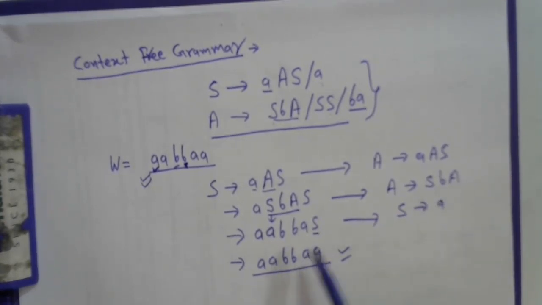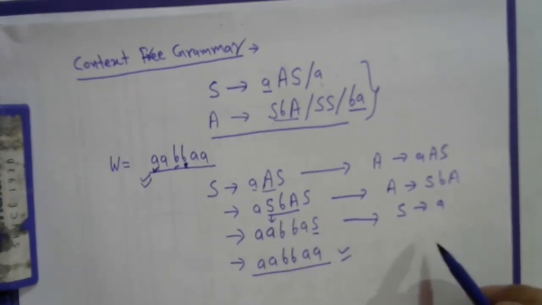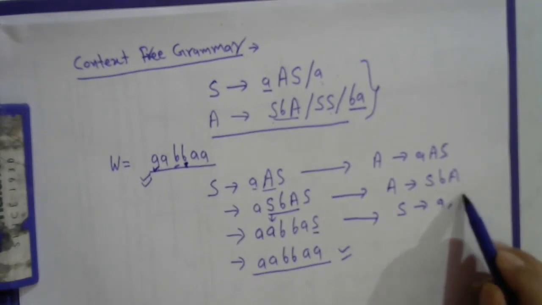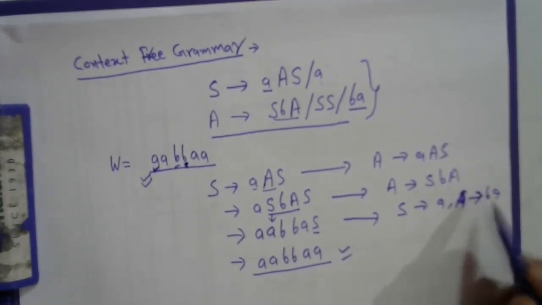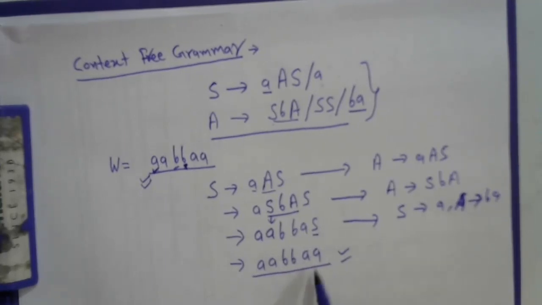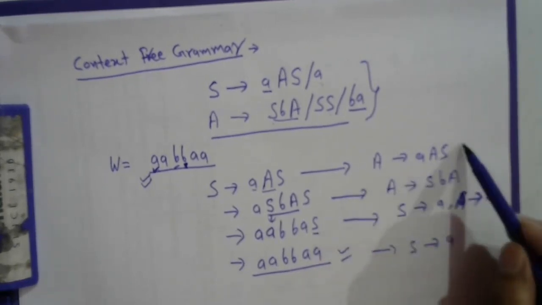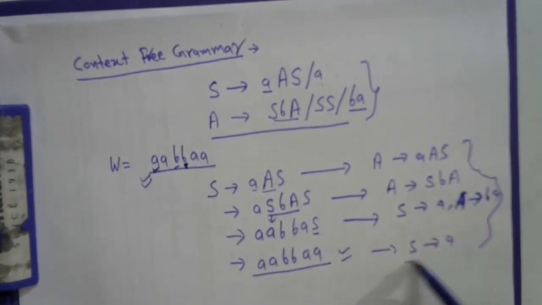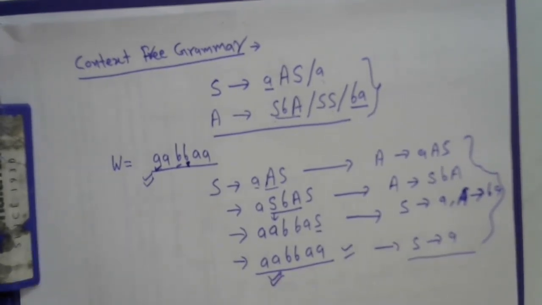And then in the third one, you are just replacing again the second symbol, A tends to BA. We are replacing two variables in this production. And finally, the last is S tends to A. These are the production rules, and by replacing with these production rules we finally get the string W. Now there is a simple method to obtain the W from this.